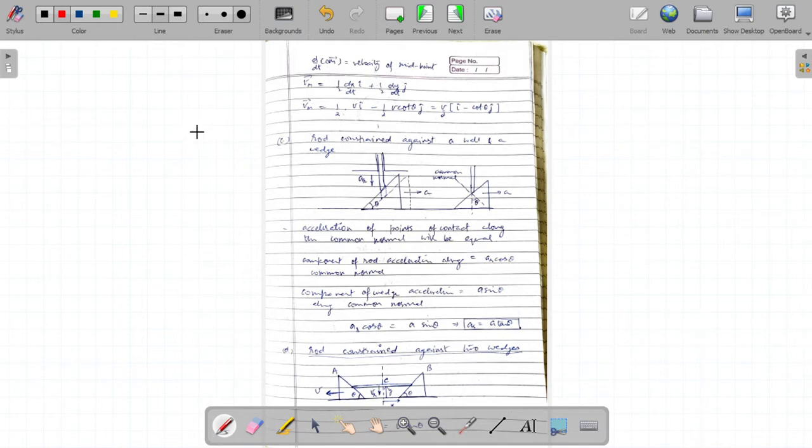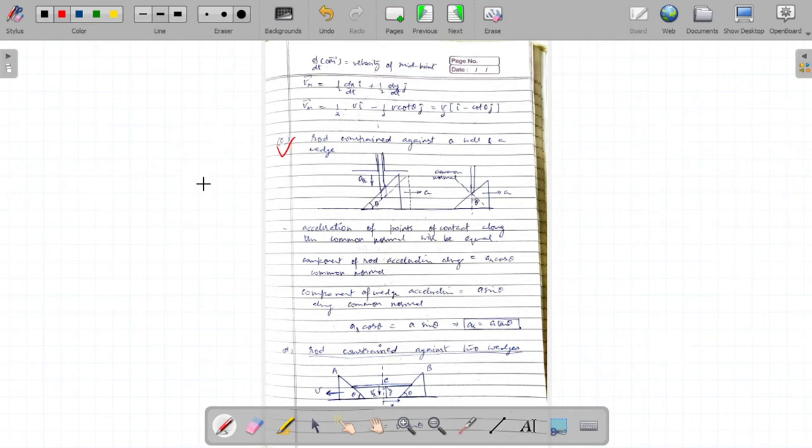Like in the last video, we covered the idea of rod constraints, that when a rod is moving against a wall or moving in free space, then for rigid rods, all the points on the rod have the same velocities along the rod. So, how do we apply those ideas in this case?